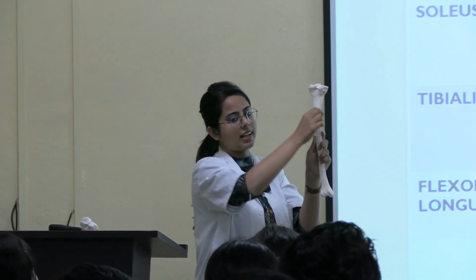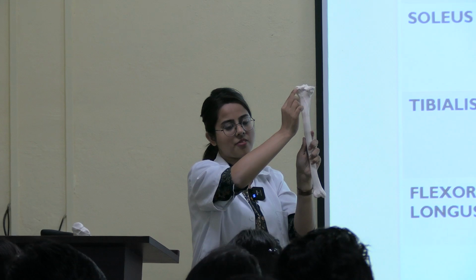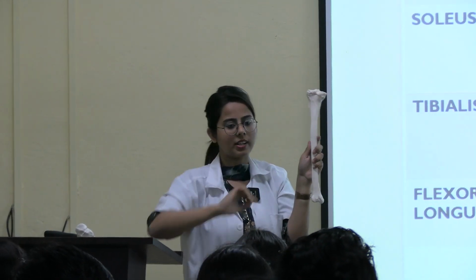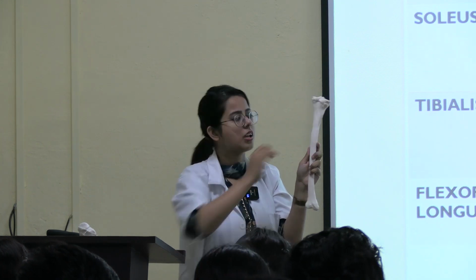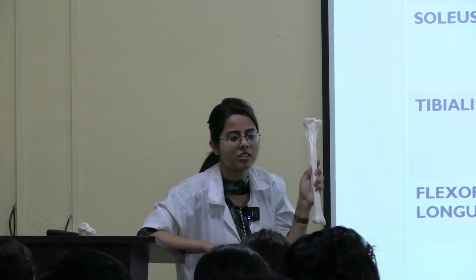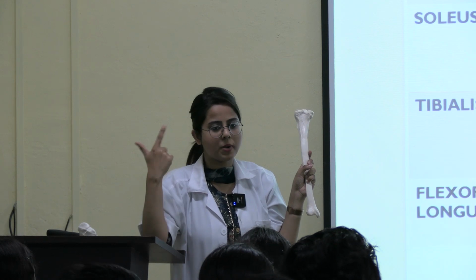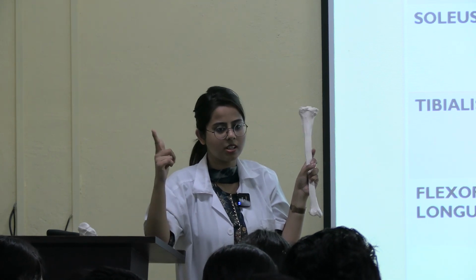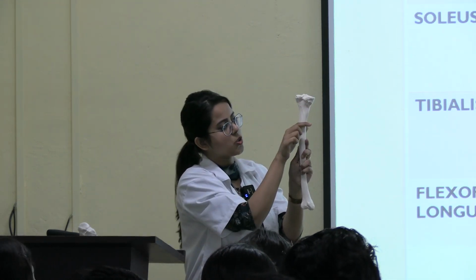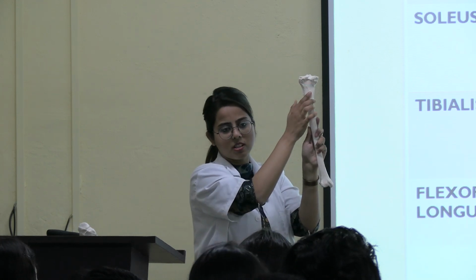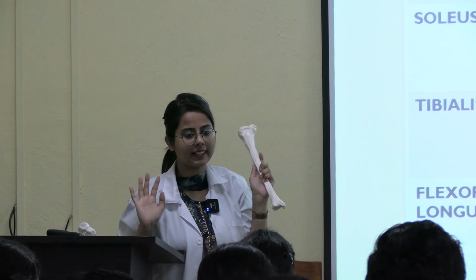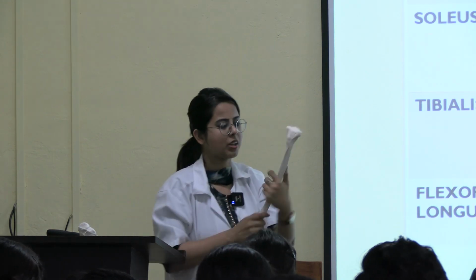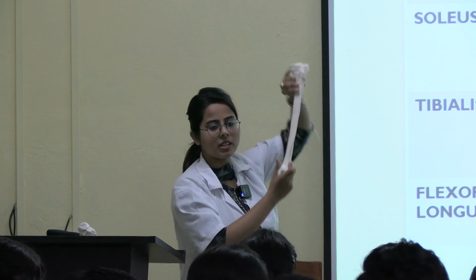Okay. Now what is this triangular area? Which line is dividing it into this triangle? Soleal line. So which muscle is attached here? Popliteus. Clear? In the soleal line, what are the things attached? Soleus muscle. It goes by the name of the soleal line. Soleus muscle. Here is popliteus. Here is soleus. So the fascia covering popliteus and soleus, and the deep fascia of the leg. Clear? Okay.